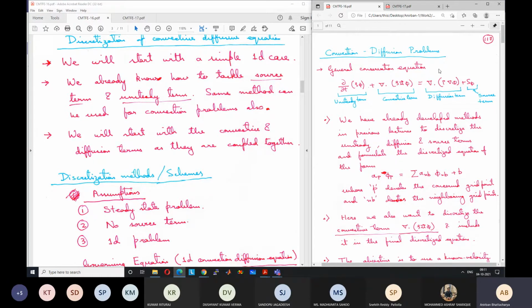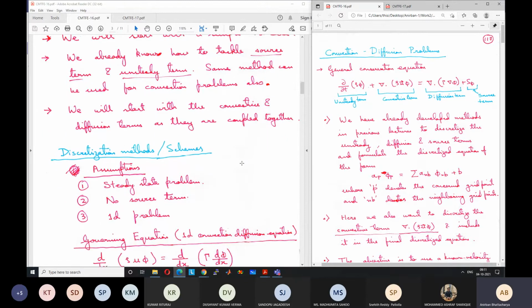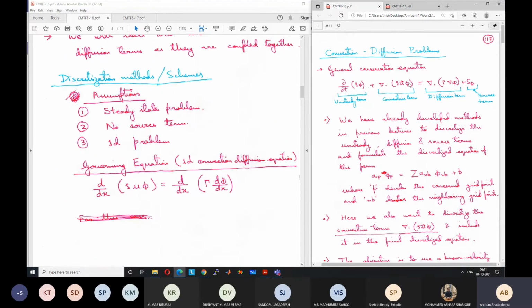The diffusive term you cannot ignore because it is always present in a physical problem. It may be very small, negligible, but there is always some diffusion. Obviously we can derive a discretized equation for the convective part only, but for any realistic physical problem a very small diffusive term is always present. It can be negligible, but still it will be present. Anyway, these are our assumptions for discretization.